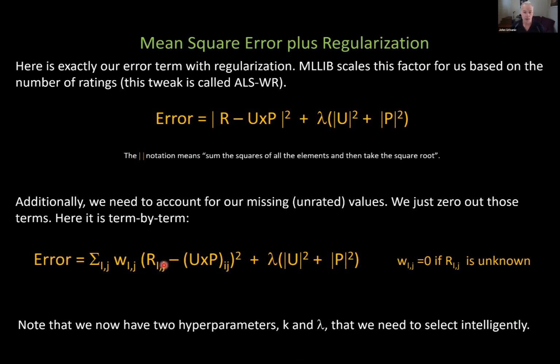So this is now, by the way, we've also got another hyperparameter, K. I think I did mention it's our first hyperparameter. So we've got two hyperparameters here. Now we have two hyperparameters in our model, two things that we've got to come up with reasonable values for if we want our model to work well. So you can see hyperparameters start to creep into our problem, things that we've got to determine. Even though we've already picked our algorithm that we're going to use here, and even though we've come up with an error term, we're still going to have to fight around with these hyperparameters to minimize error and get our model to work well.